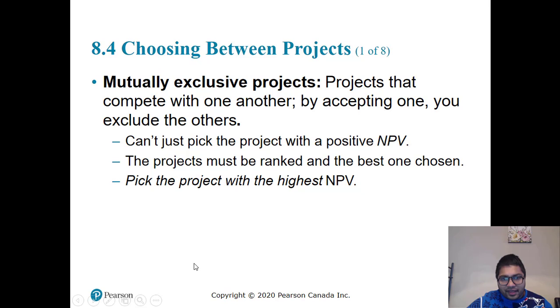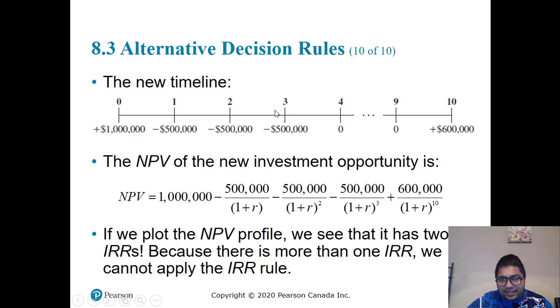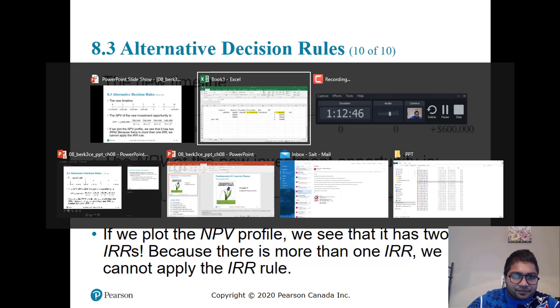You can calculate NPV. This has a multiple IRR problem, because you're comparing two options: 1 million right now and 6 million in 10 years versus 500,000 each year for the next 10 years. Since the cash flows switch from positive to negative and then back to positive, if you solve it in Excel, you will get multiple IRRs. Because of that, NPV is more suggestive, and I'll show you.